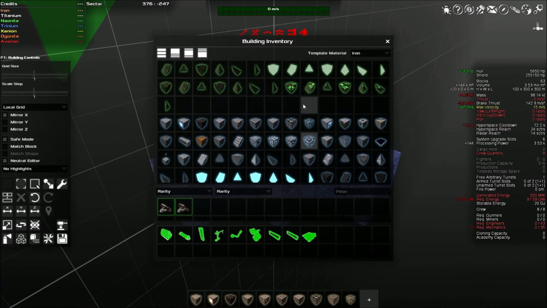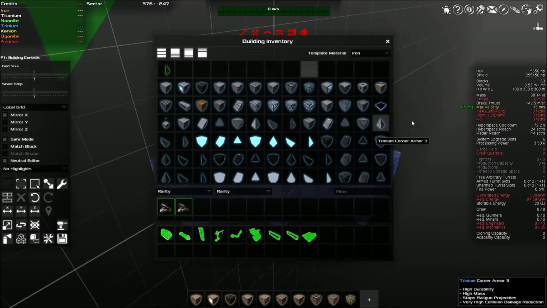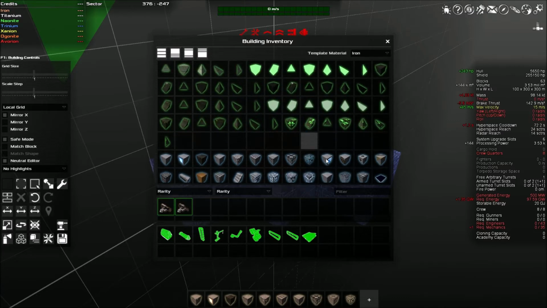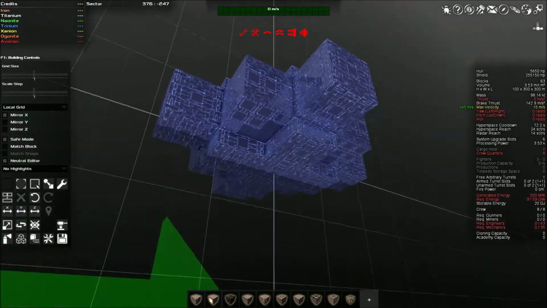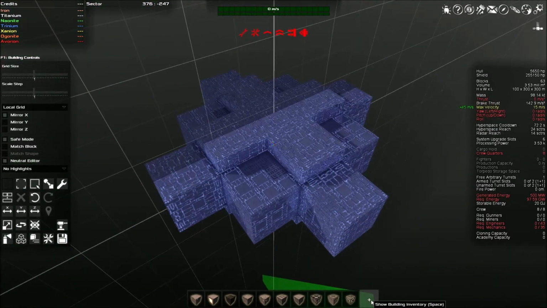And they all add different stats. So one might be heavy, but might hold more fighters per block volume. It's all dependent on that. I'm also thinking of putting some torpedo launchers on this, so we'll have to see how we go. Cool. Now, it seems like we haven't really put any Neonite on this ship, which is a little bit disappointing, seeing as we gathered so much